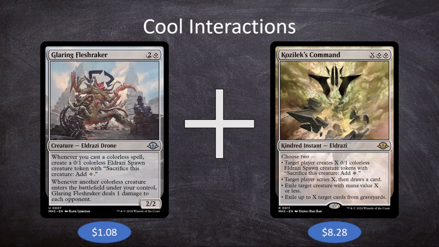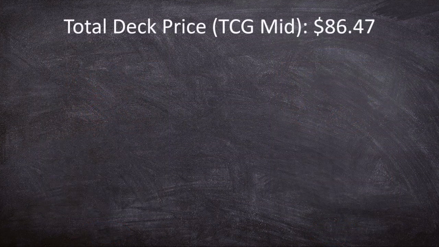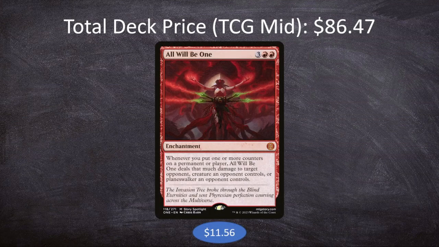So those are all of our cool interactions in this deck, and the next thing I want to do is take a look at the price of the deck. As I mentioned earlier, our total budget is $100 or less, and this week we came in at $86.47, with our most expensive card being All Will Be One at